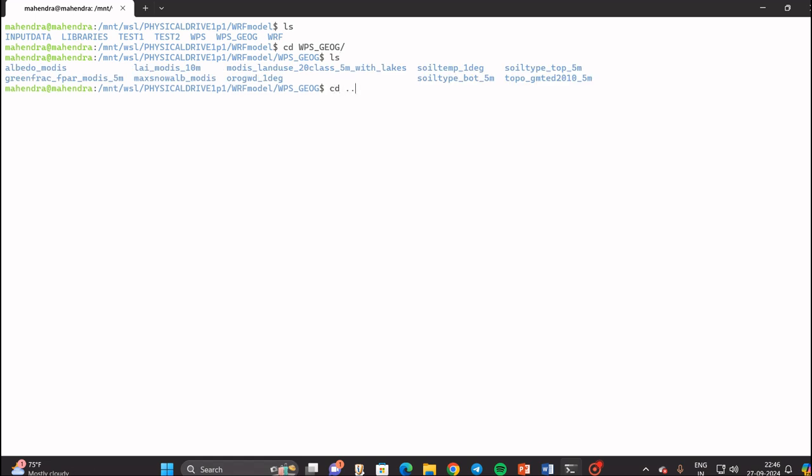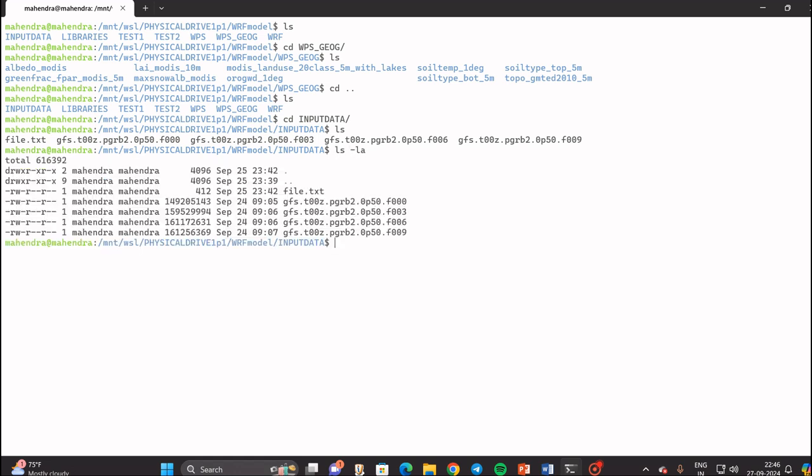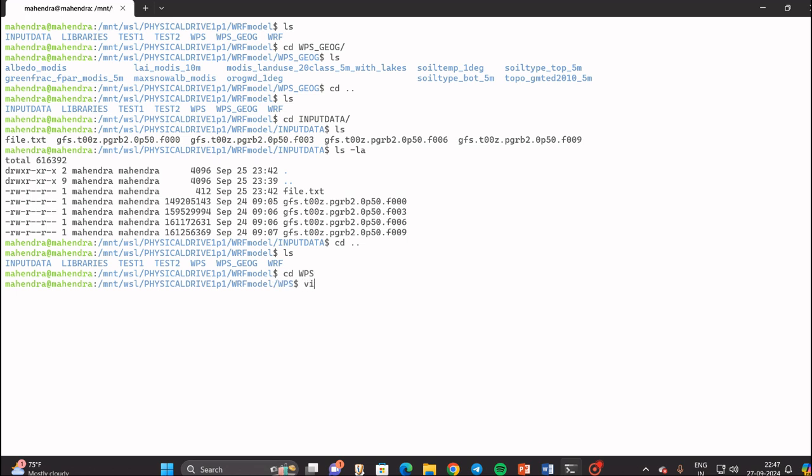Also downloaded 00 UTC 3 hourly GFS grib data of 24 September 2024 for the next 9 hours into the input data directory. Once input data sets are ready, go to the WPS folder and edit